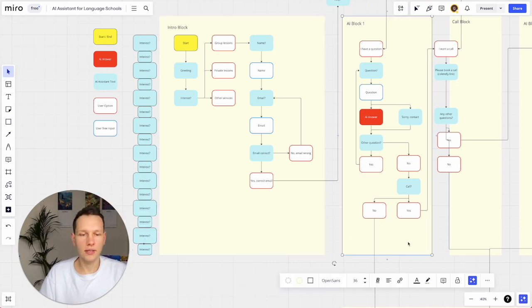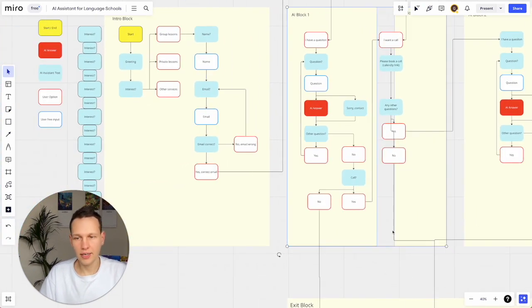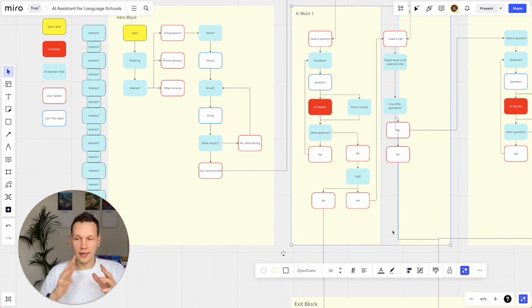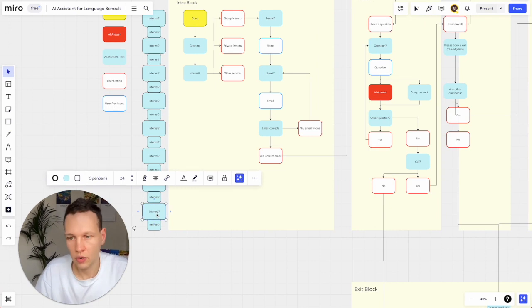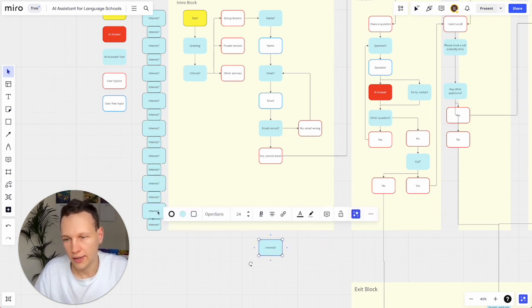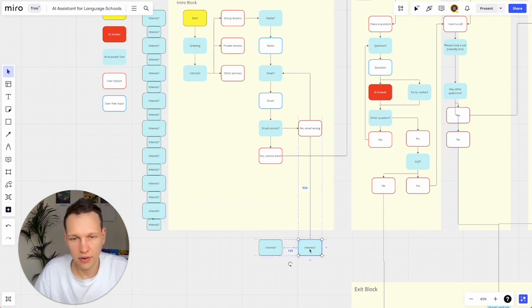And now we can start aligning them in both ways, vertically and horizontally. Like now we know that the big blocks, they have the right size, right? So now we can start aligning the actions inside of the blocks. And so again, we take these small helpers here. We can again get the spacing from this